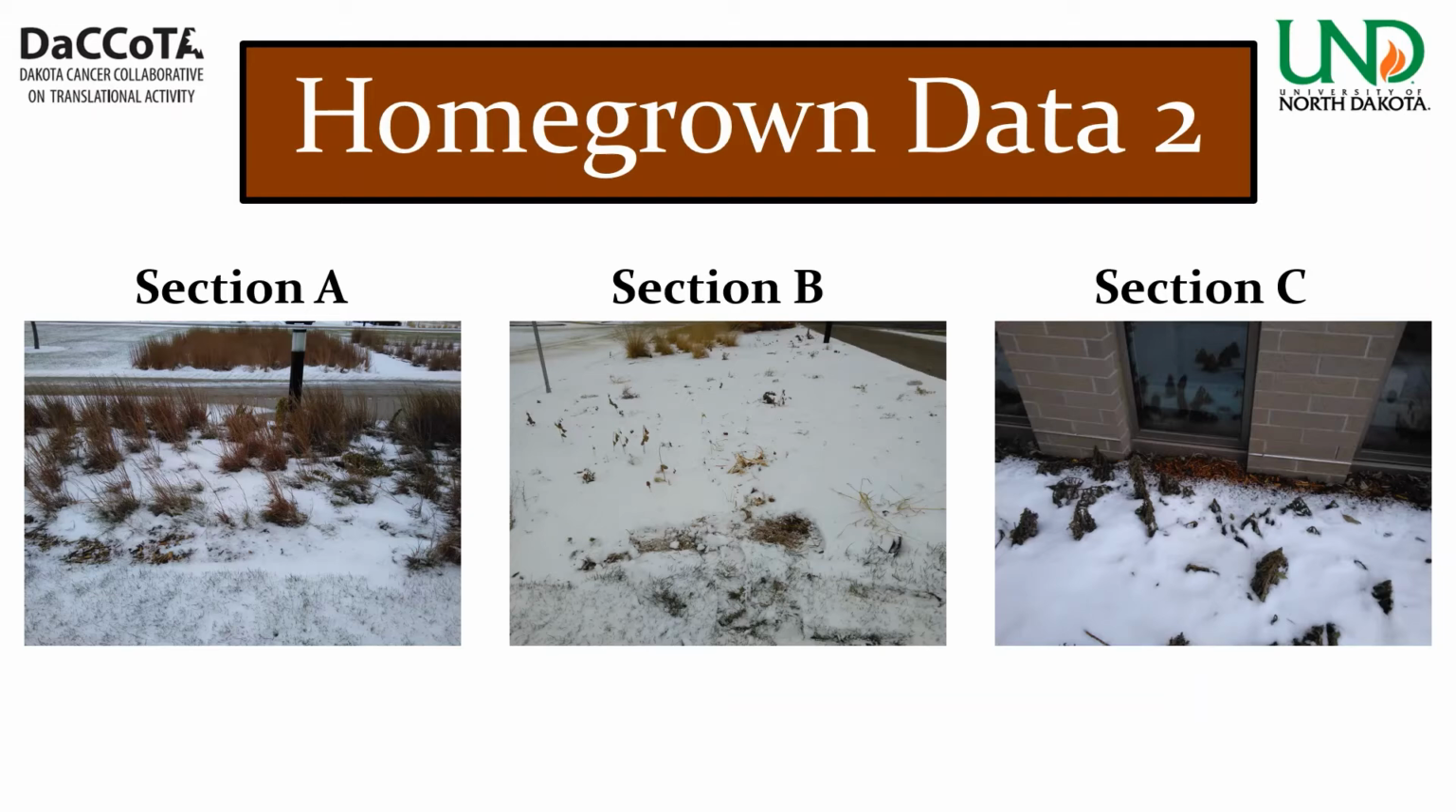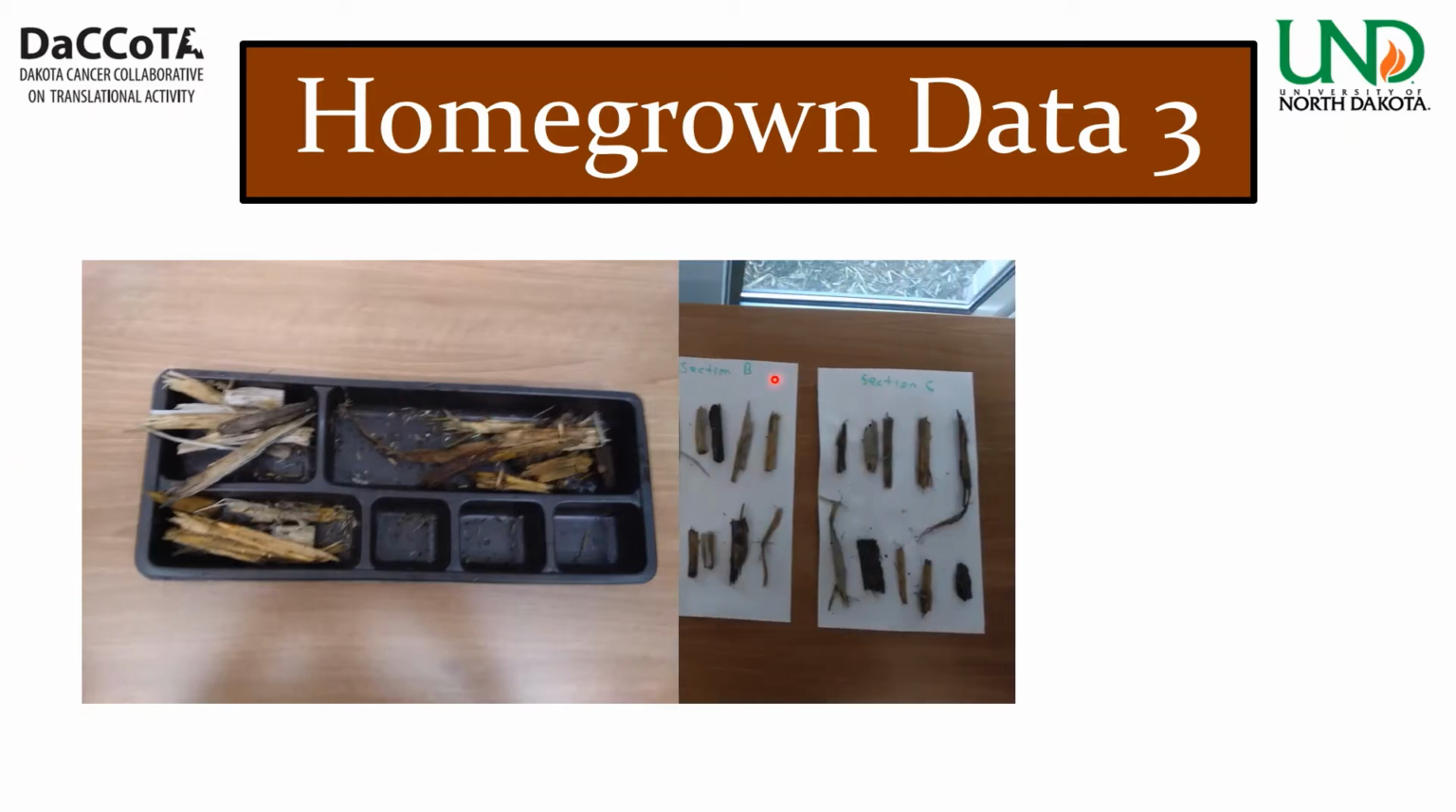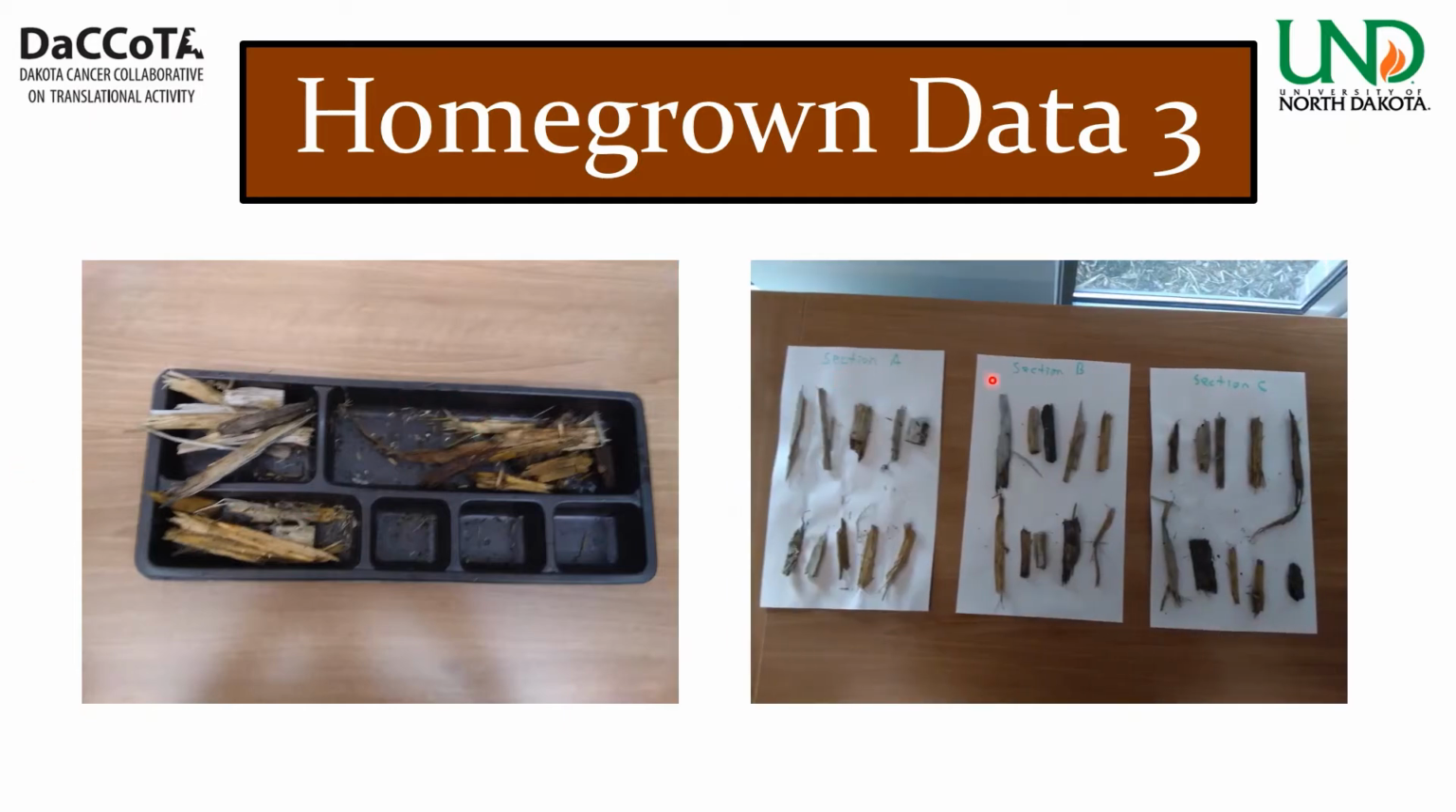Next, let's look at our actual sections. So this was just after a snowfall, but I assure you there are wood chips here. In section C, right next to the building, you can see the wood chips near the melty part of it, but there's wood chips in both section A and B. So then what I did, I collected 10 wood chips from each section. So 10 here, 10 here, 10 here. And then sorted them out in section A, B, and C, and then